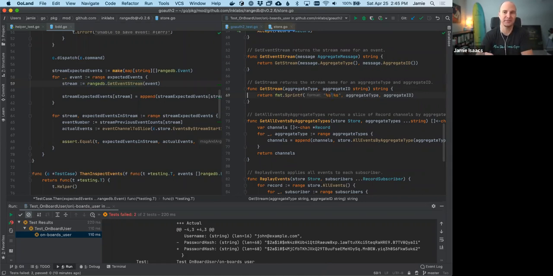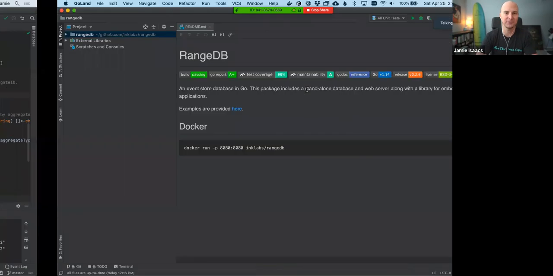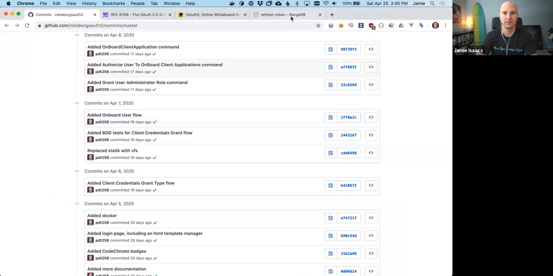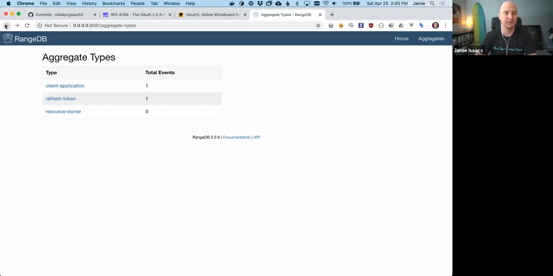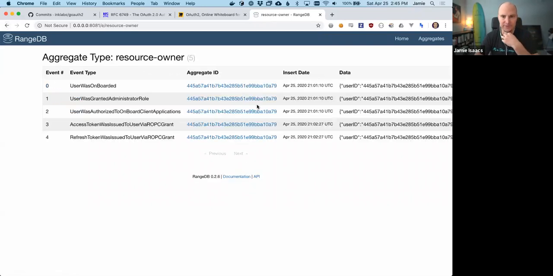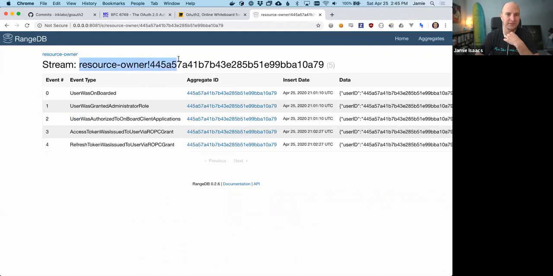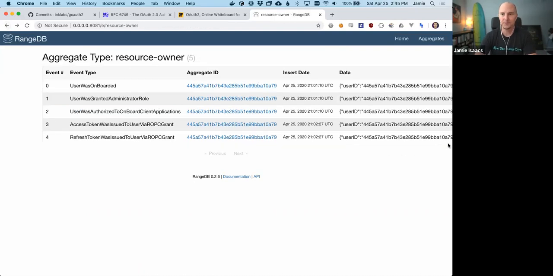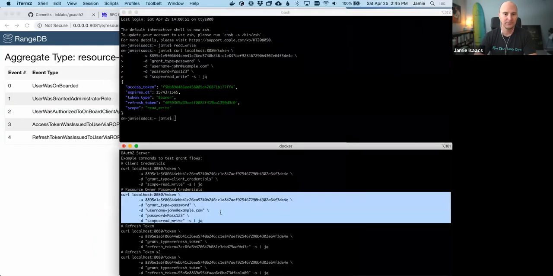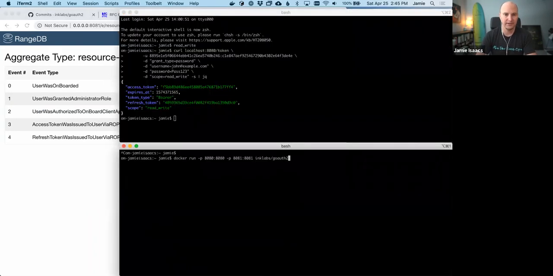I don't want to go into details about how it's organized, but that was the way to have a stream name. If you go to the UI for the data store, you'll notice that if you click on one of these aggregates, you go to the stream, and here is the stream. This is the resource owner with this ID and all of the events associated with the stream. How can I get this? If we restart this and